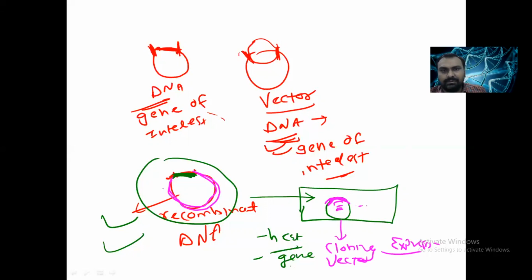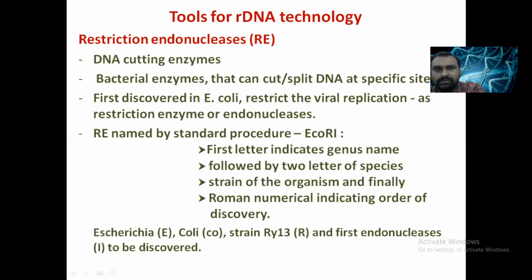And here, suppose this is a plasmid. As we know, plasmid contains a bacterial resistance gene. So when we grow this in the medium, we use the antibiotic. And if the plasmid contains the antibiotic resistance gene, then only it will grow. The rest, if proper recombination does not occur, then this other recombinant DNA is washed out. Okay, so this is how it works.